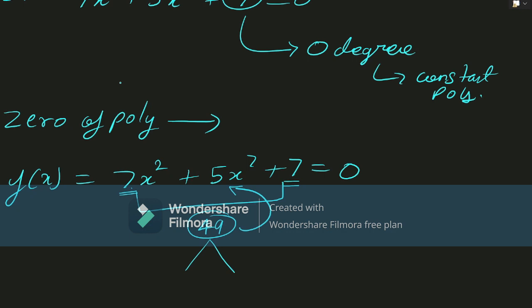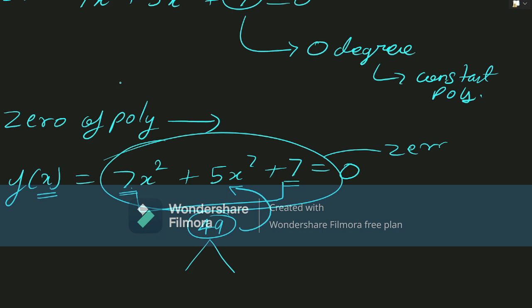Once you find the 0 of the polynomial, you can put any value in x, and then you will get this whole term as 0. That's how you can find the 0 of the polynomial. Okay,